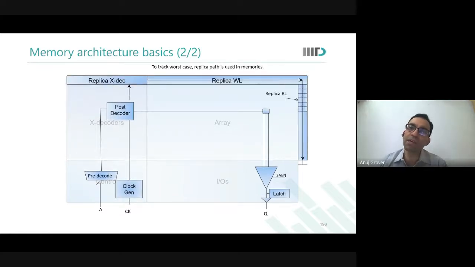We say that there is a replica exec and a replica word line. This replica word line actually goes यहाँ तक, थोड़ा सा नीचे तक, okay? So that it can select more than one cell in the replica bit line. So what happens if you turn on, यहाँ पे कितने बनाए हैं? 6 cells बनाए. So if you have turned on 6 cells, what happens? That if your actual bit line is discharging at this rate, this will discharge at 6 times faster rate.